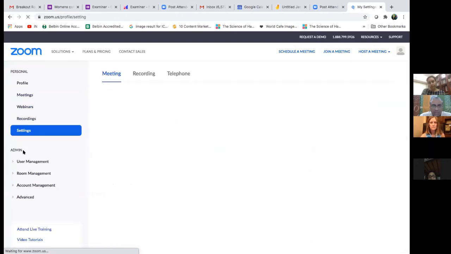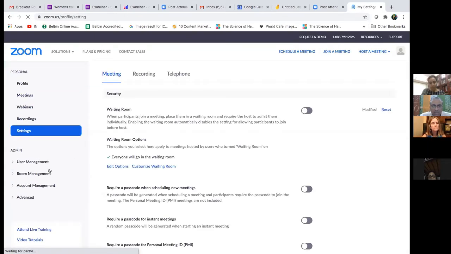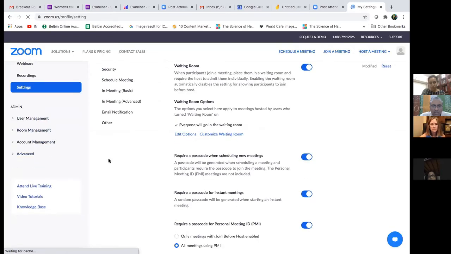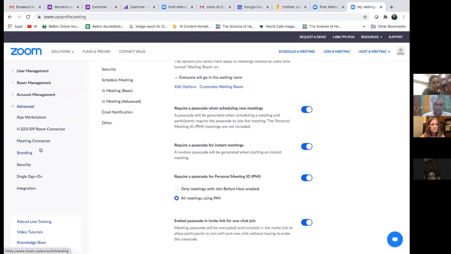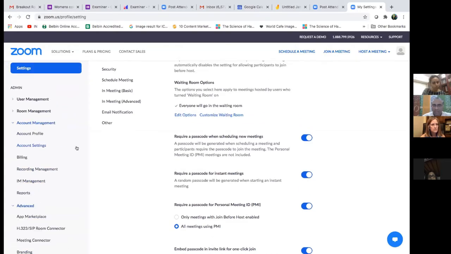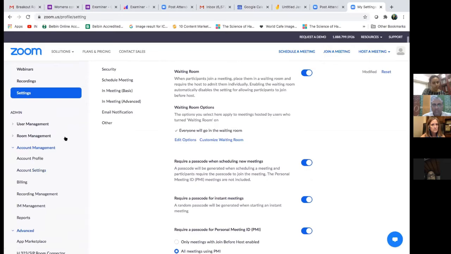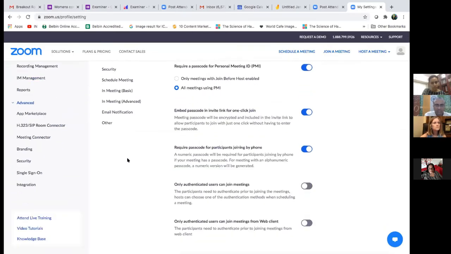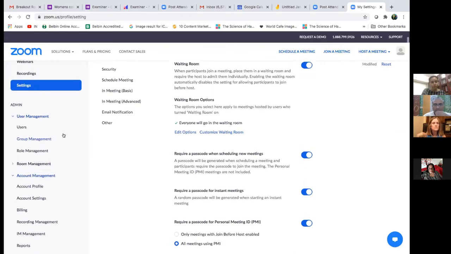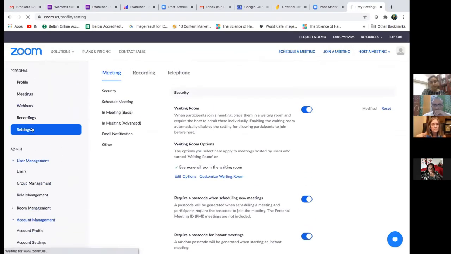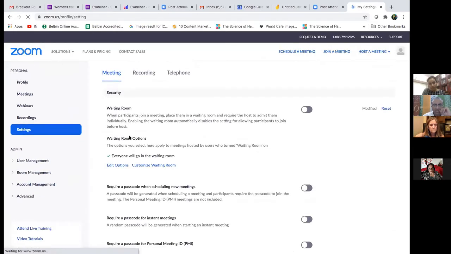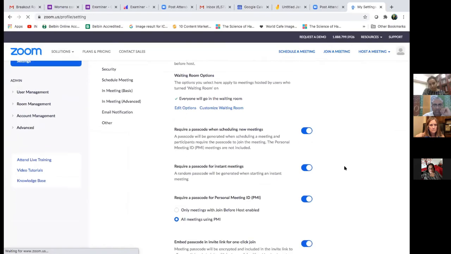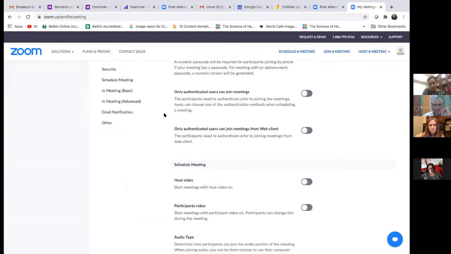In settings, you keep scrolling down, and that's where you actually enable it.